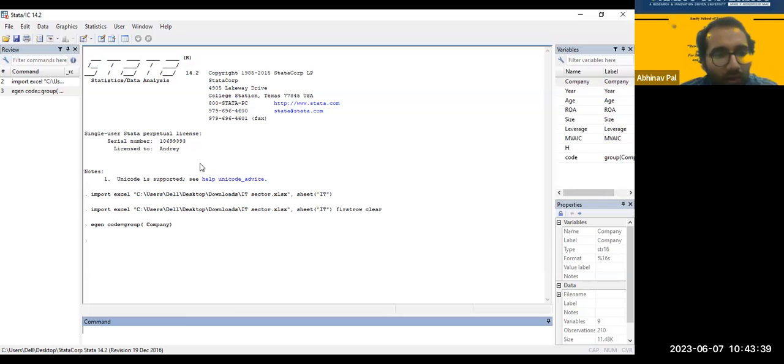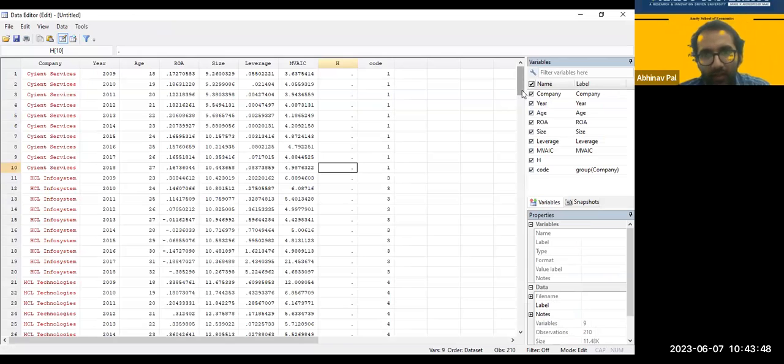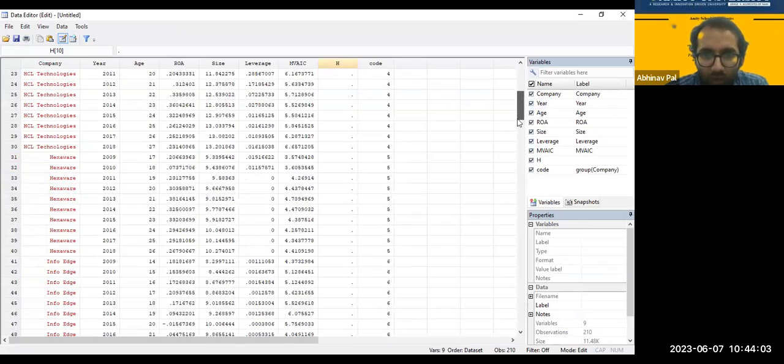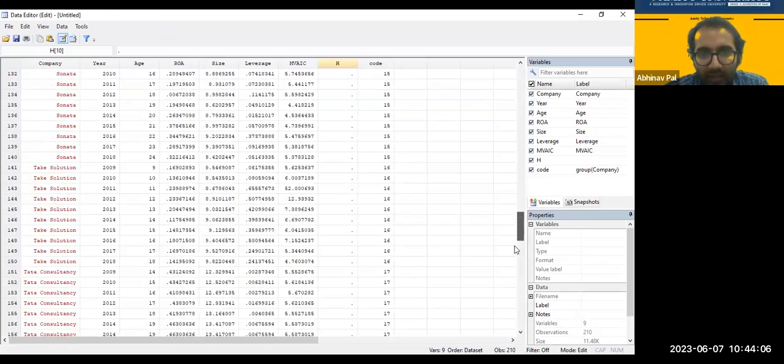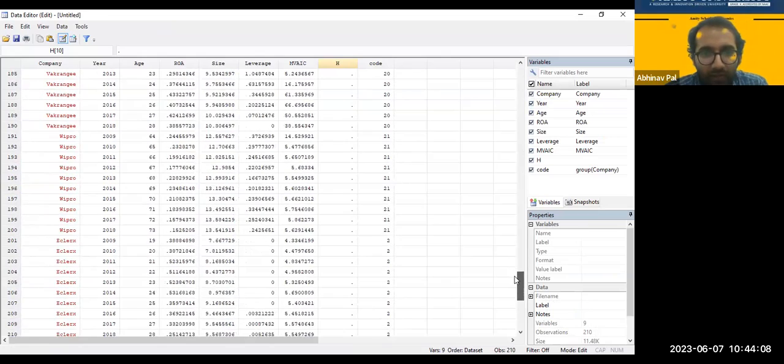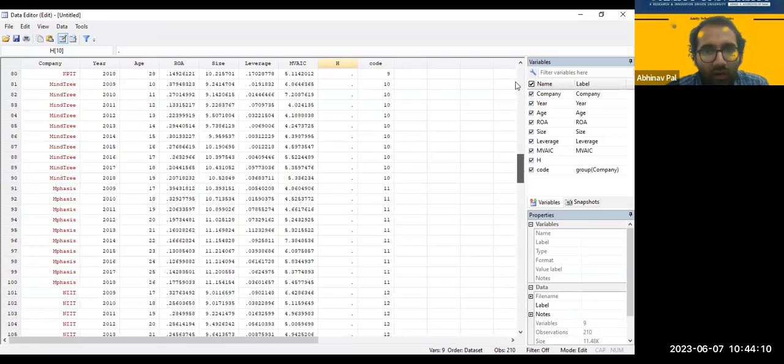Now, if you go to the data editor, you'll see that there's another variable that has been created in terms of code, and this variable has given some sort of number